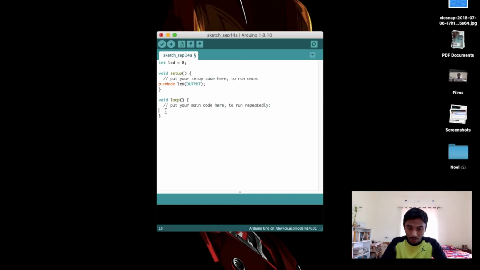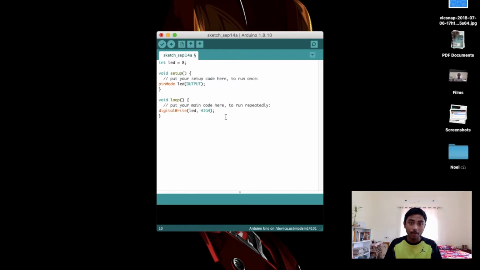So the first thing that we need to write in here is digitalWrite(LED, HIGH); LED is the variable that we have used. So what does this mean? This digitalWrite keyword is used to tell the Arduino board to give some instructions to the LED. Now what is that instruction? So digitalWrite tells instructions to the LED, and here it is written HIGH.